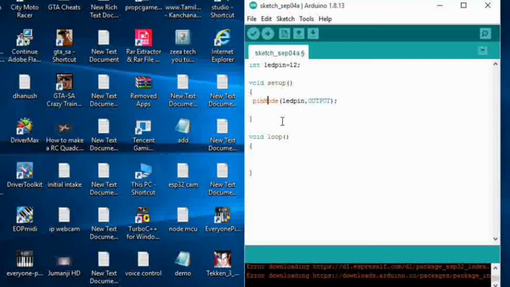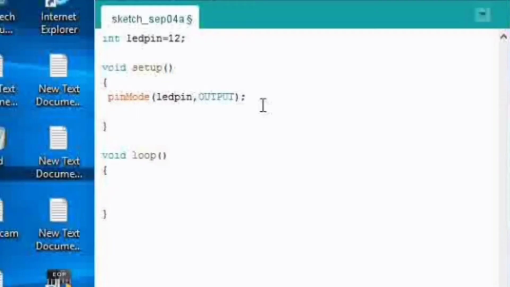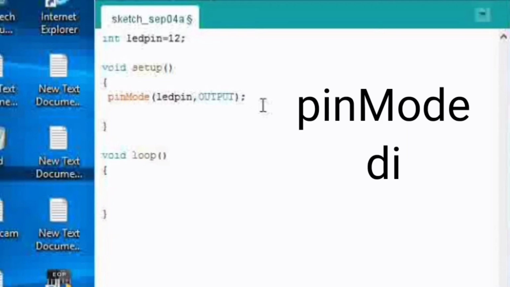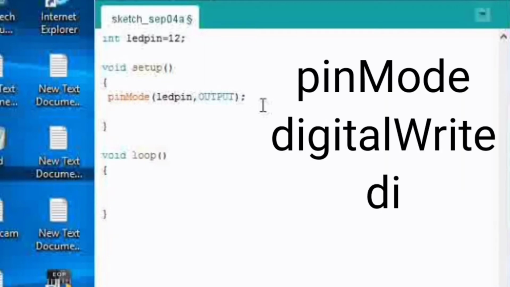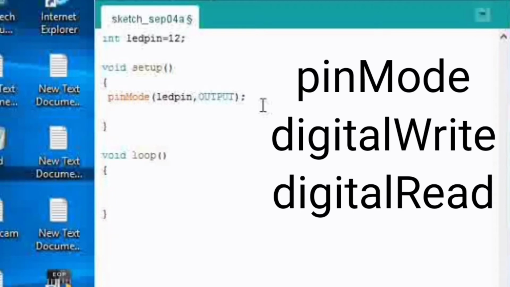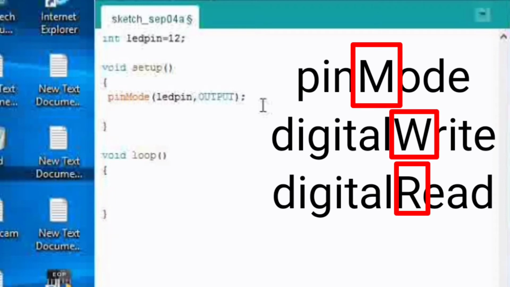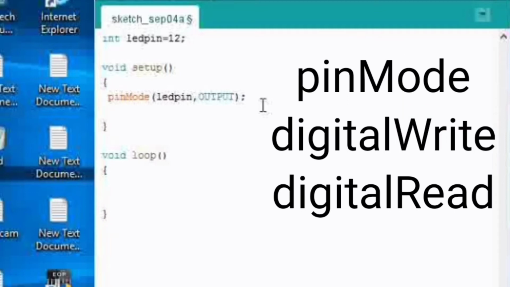Note the M in this pinMode. It has to be in capital because this program is case sensitive. In most of the functions with two words, we have to write the second word's starting letter in capital. For example, in pinMode, the M is capital, and in digitalWrite, the W is capital.